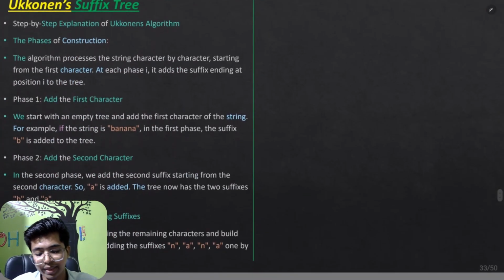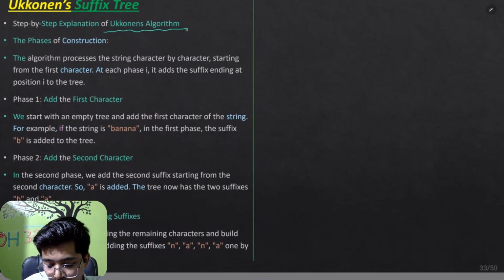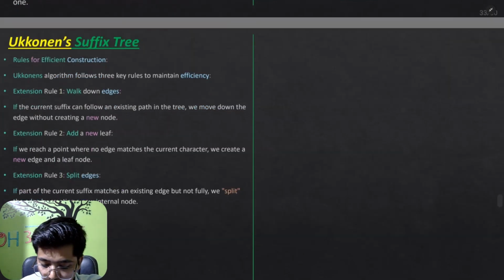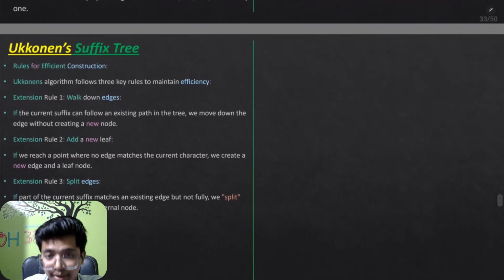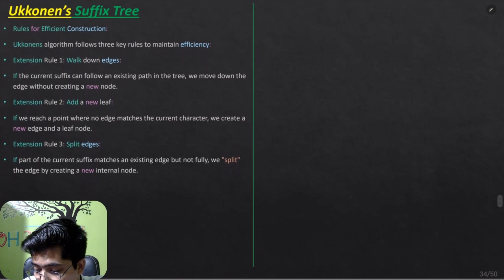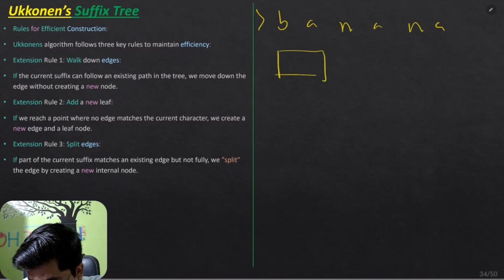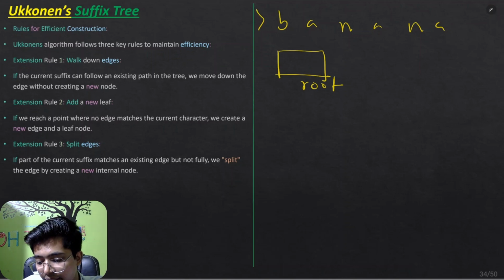Now we will be observing the step-by-step explanation of how we construct the tree using Ukkonen's algorithm. We actually start from the root node. I am telling you again: suppose we insert banana using Ukkonen's algorithm, B-A-N-A-N-A. First we add B from the root. Let's call it root. And now we first insert the first character B,